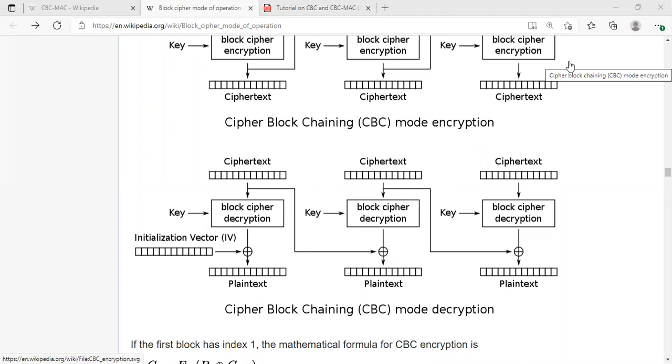Hello, welcome back. In this segment, I will talk about CBC padding Oracle attack. I'm actually going to make a series of presentations on CBC padding Oracle attack. Let me first start with a very basic attack: how to find the length of the plain text, just using a padding Oracle.